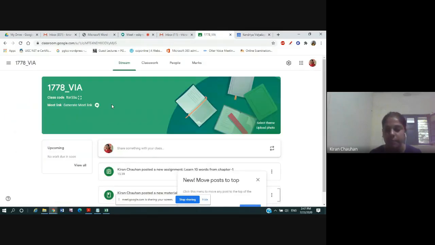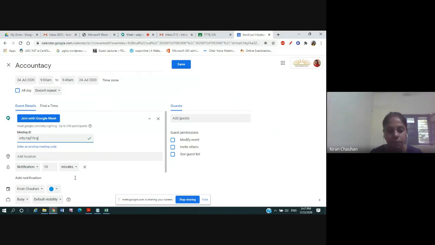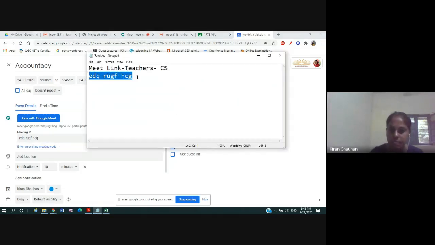For example, Hindi, IP, Maths, and Sanskrit, all these classes are optional. So let the class teacher create a link for CS, one link, and create a notepad file for each link. For the first time he needs to create it. The first time he creates it for IP, for Hindi, for Maths, he will get the ID generated automatically. At that time he needs to copy the ID and paste it in a notepad file, so that the Hindi teacher, IP teacher, Maths teacher, and Sanskrit teacher need not see again and again what the new Google Meet link is, and it is easier for us also.